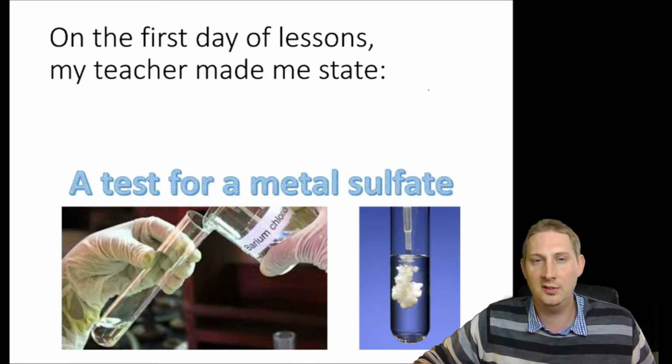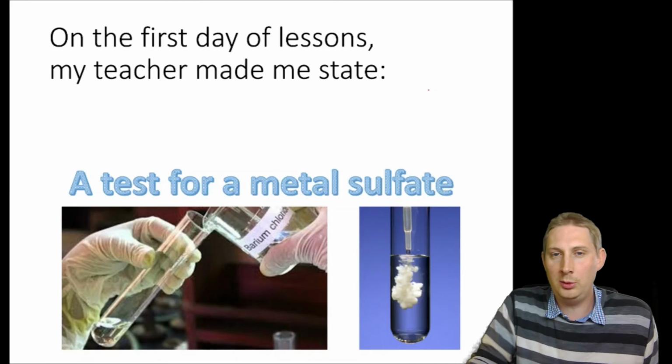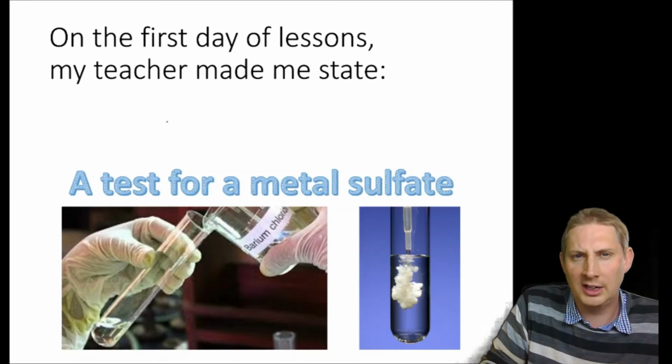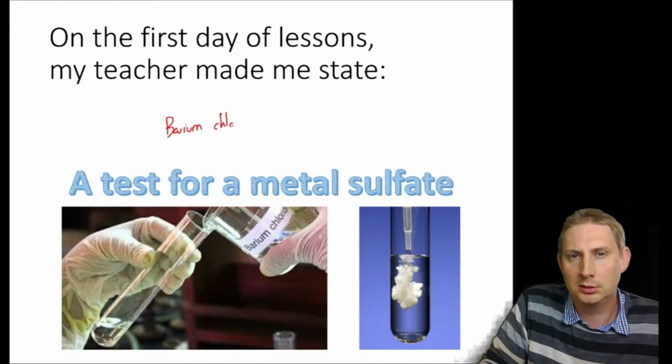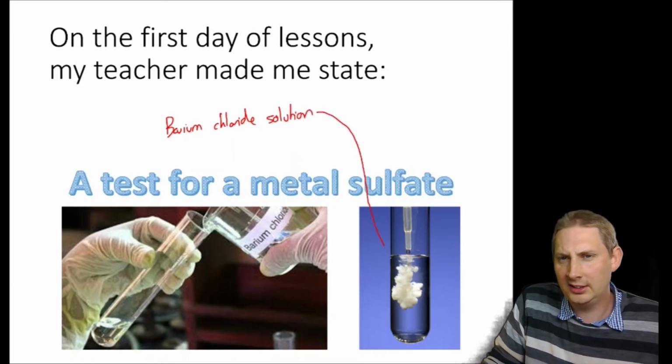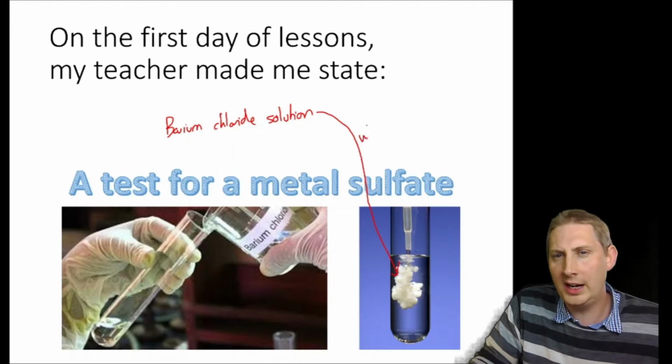How do you test for sulfates? If you wish to play along, pause the video and have a think. If you don't know, you need to add, as it says here, barium chloride solution. And what will you see? Well, if there's a sulfate, you will see a white precipitate